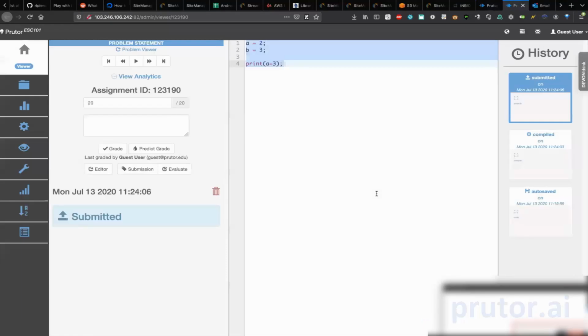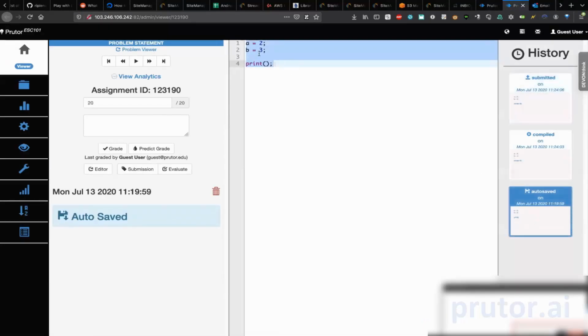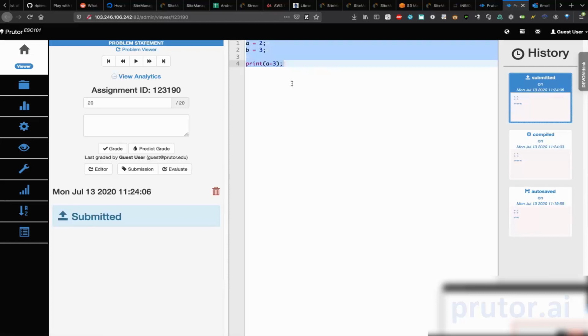So I click here, and here I can see all the effort that the student did. This was the first screen the student got. Then he did something like this, A+3, and submitted it. Sir, Pruter has inbuilt capability to detect cheating. For example, if a student had done copy paste, we would have trapped that.